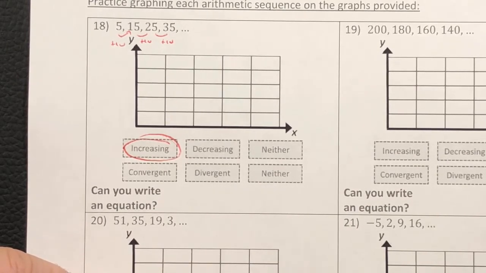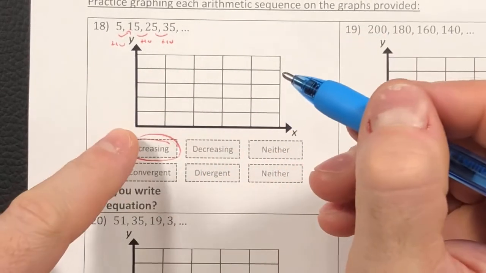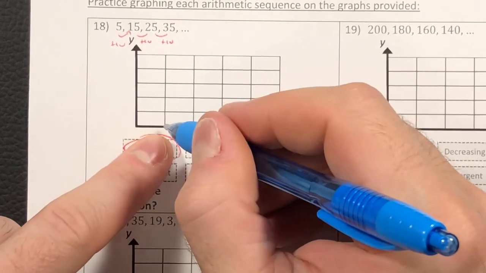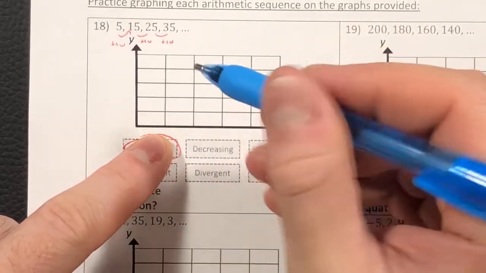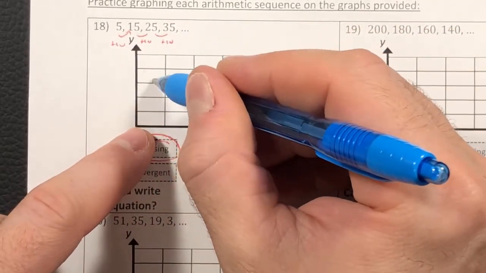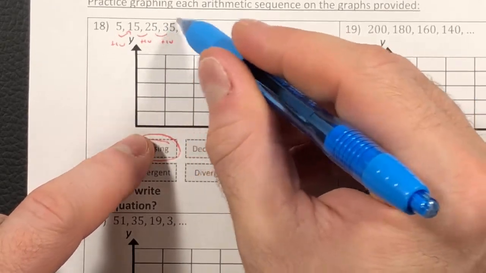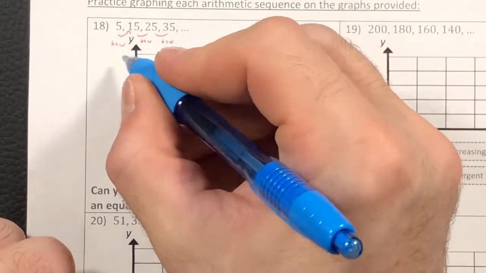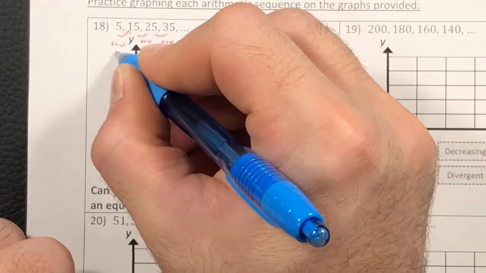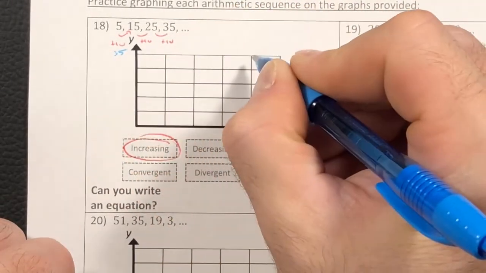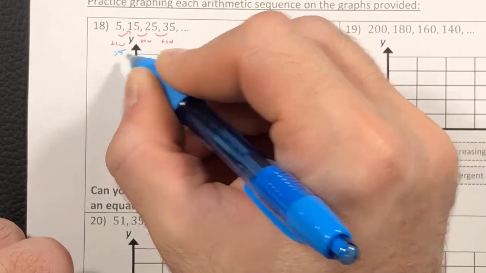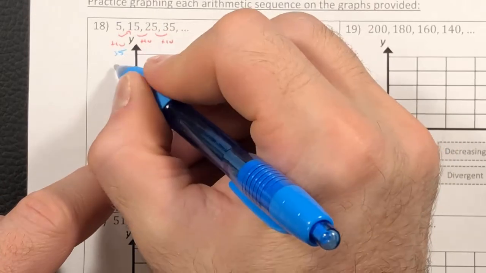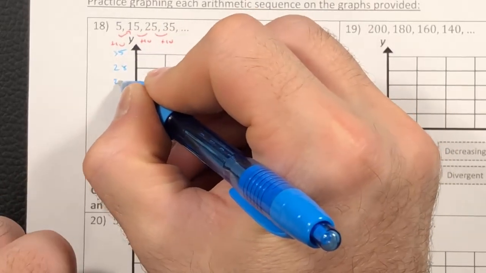And let's do the graph in blue. Okay. So if my first term, 1, 2, 3, 4, yep, so we have space. So if my first term is going to be 5, I need a span to go up 1, 2, 3, 4, 5 units up to fit 35. So I'm going to make my scale, if I call this 35, I'm going to have to do my scale by 7s. So my last number is up here. That's going to be 28, 21,